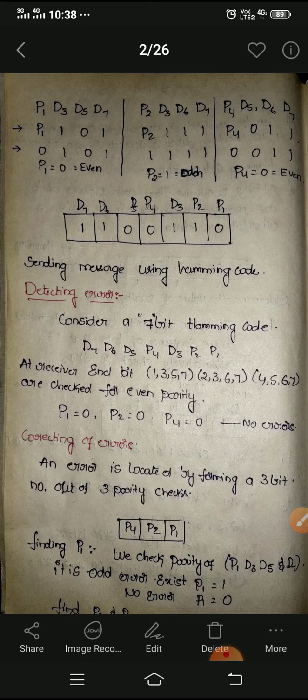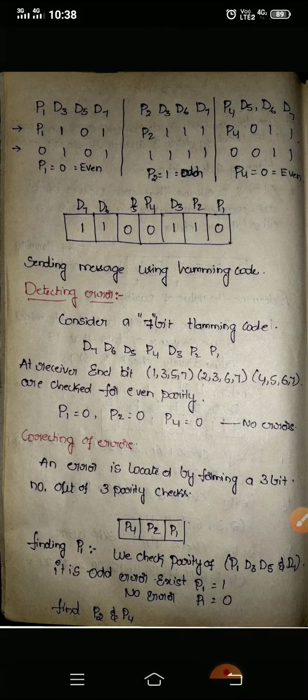If the number of ones is odd, an error exists. So P1 is equal to 1. No error means P1 is equal to 0.